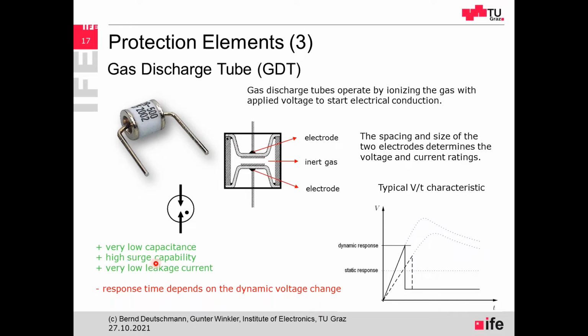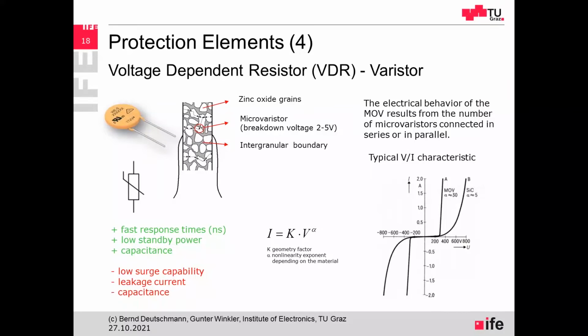They have a very high surge capability, so they can really discharge quite a lot of electric energy, as I mentioned, for lightning strike protection. But the problem is the response time is not that stable, so it takes a long time until it's really triggering. Therefore it's not a very good protection element for this HBM ESD protection, so directly protecting integrated circuits from this electrostatic discharge from human persons.